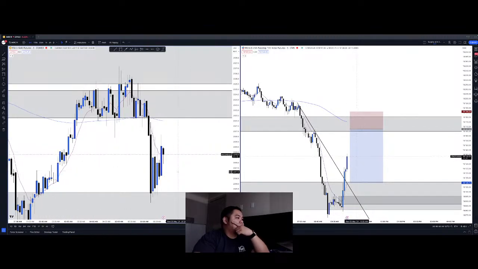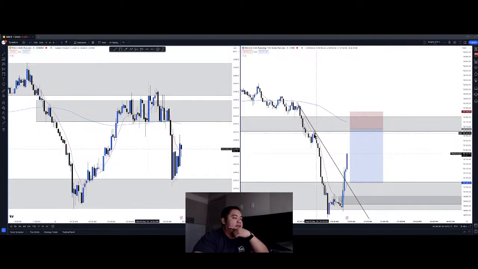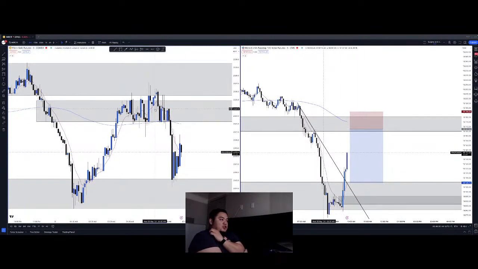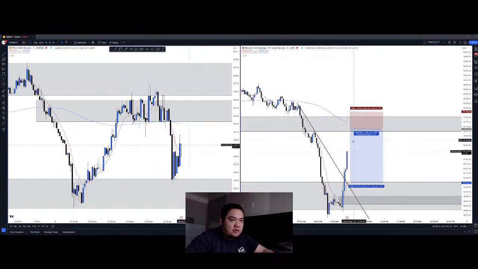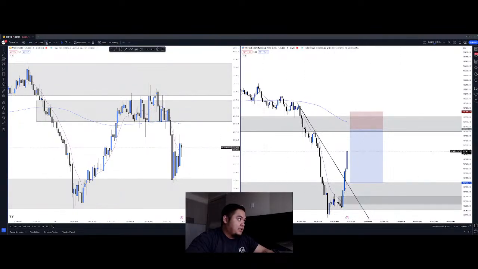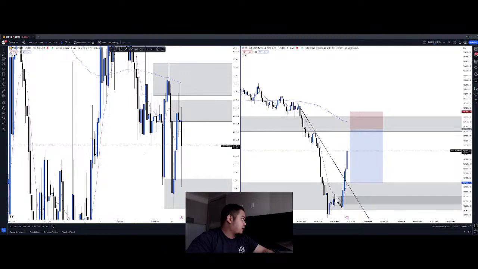Is it worth the risk? Exactly. That's why this morning when it was chopping, I liked the short, but it was just such a small range. I didn't know if it was worth it or not. And then the market opened and dumped. Yeah. All right, NQ's on my watch now. I posted what I'm looking at, so I'm gonna be patient for that one. Gold in that supply still might work out.